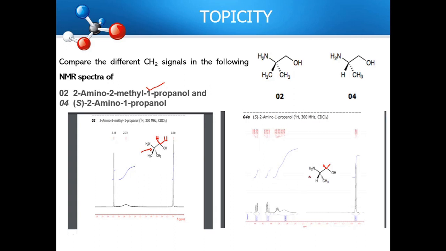Now in this case it's totally different. You can see here this is a chiral carbon, and we have Ha and Hb here, and you can see the spectrum of this Ha and Hb are separated. So you can see its spectrum is separated over here. So you can see the splitting over here. Therefore it is very evident that by using NMR spectra, you can differentiate between an enantiotopic and a diastereotopic hydrogen.